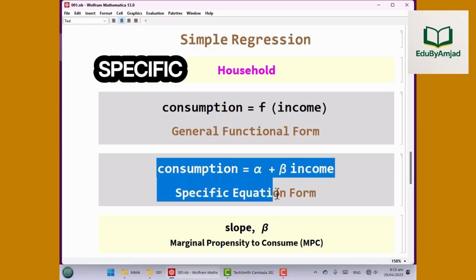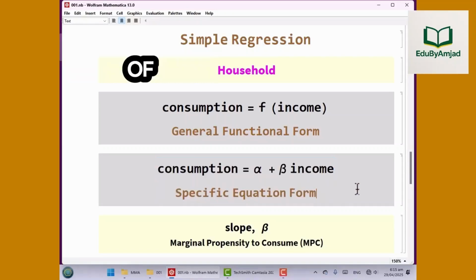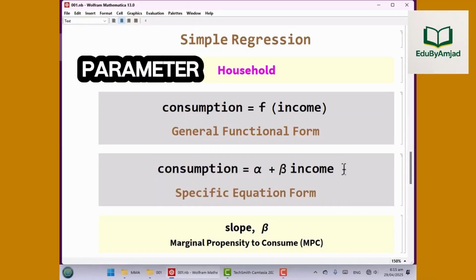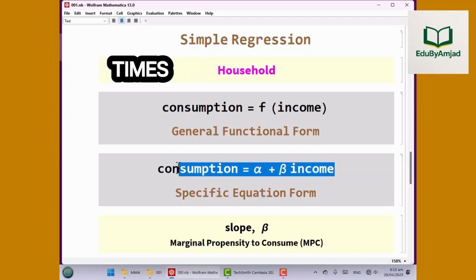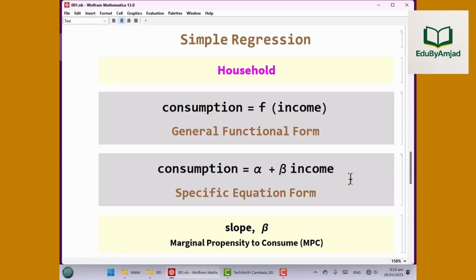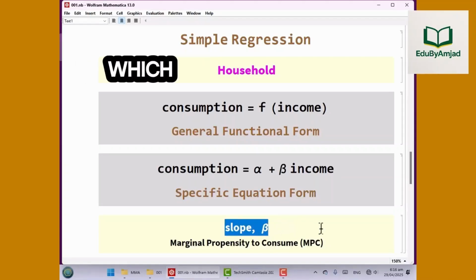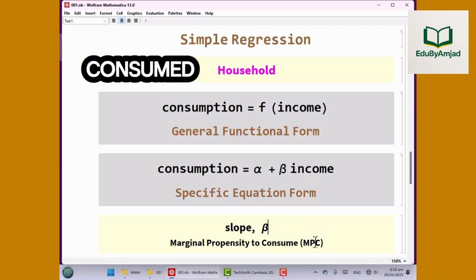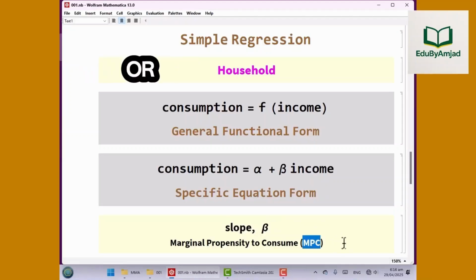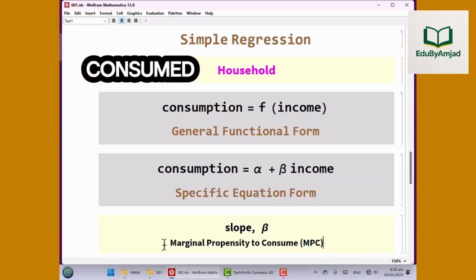The specific equation form says that consumption of a household is determined by intercept parameter alpha plus slope parameter times the level of its income. Slope beta here measures what is called marginal propensity to consume, or MPC, which is the fraction of income to be consumed. The rest of the income is saved or invested in business, but not consumed in the consumer market.